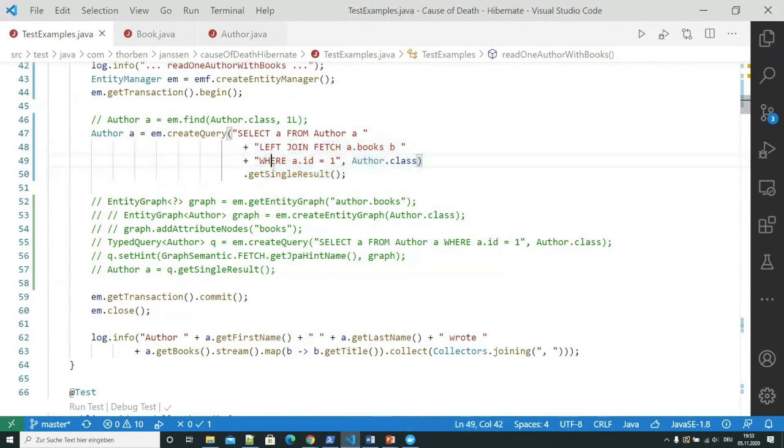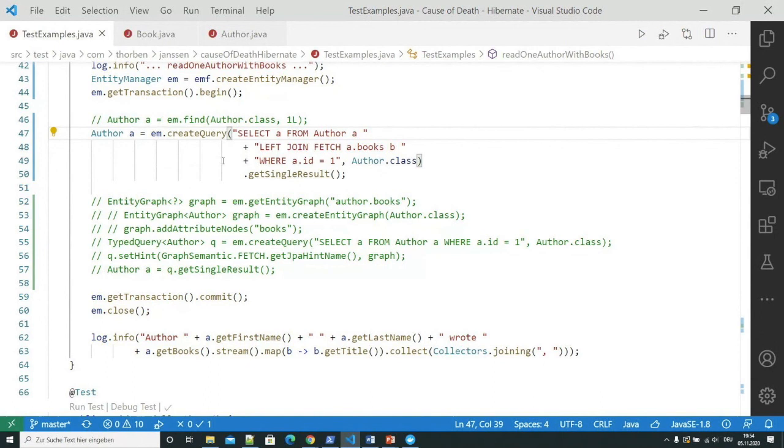You basically get a form of eager fetching of the association. So you get the author with the initialized list of books. But the important difference to fetch type eager is that here you had a look at your use case and you decide, okay, I need the books of this author. And only in that case, Hibernate initializes the list of books.